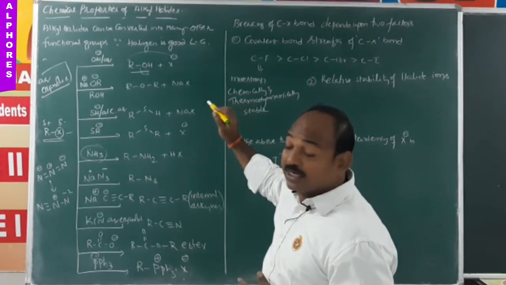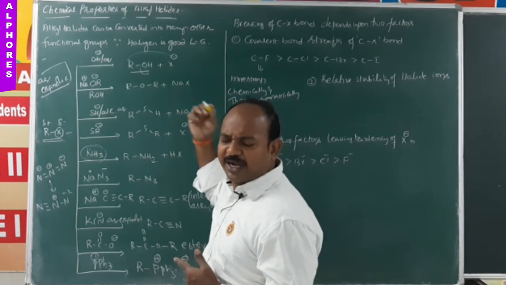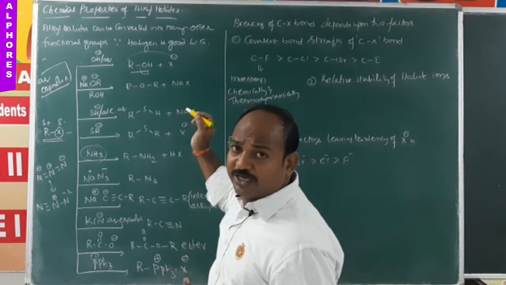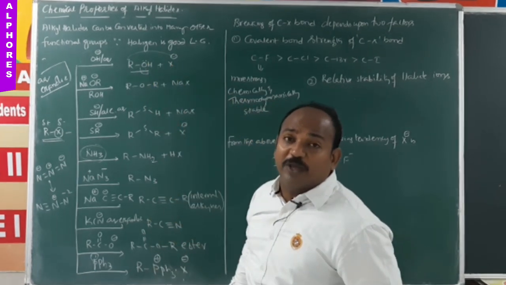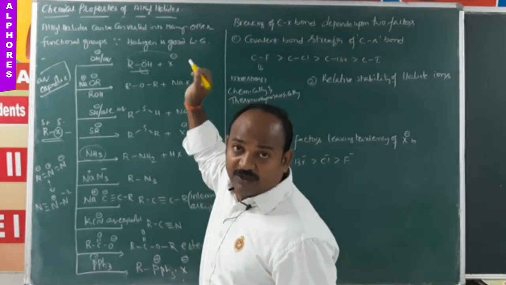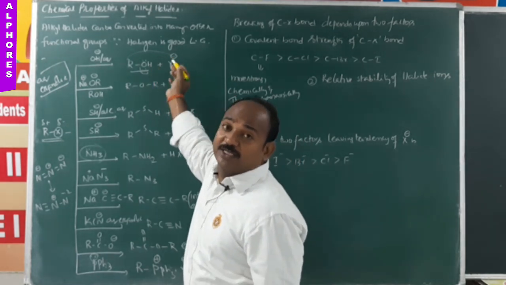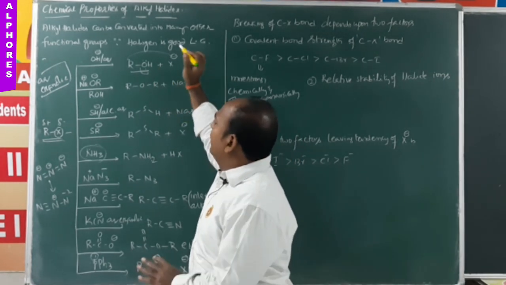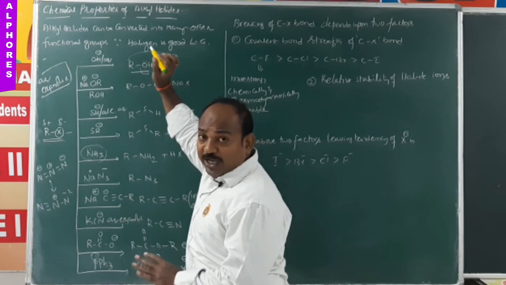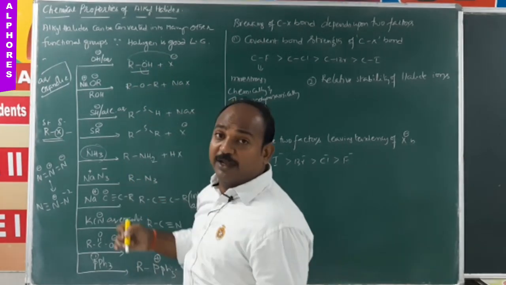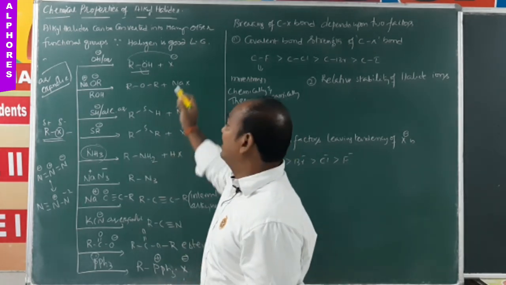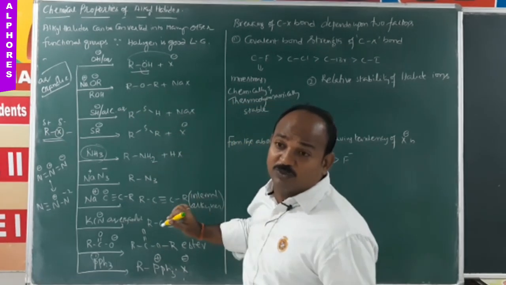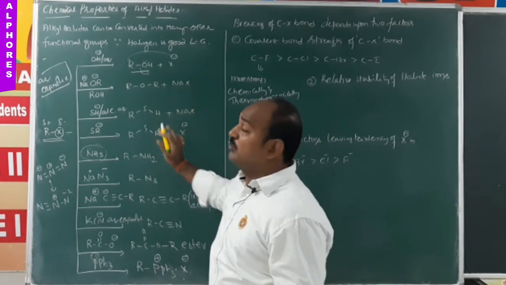Lucas reagent is concentrated HCl and anhydrous ZnCl2 in a 1:1 ratio. In such a case also, oxygen donates its lone pair of electrons to the vacant d orbital of zinc and converts into a good leaving group. So a strong nucleophile can displace a weak nucleophile, but a weak nucleophile cannot displace a strong nucleophile. That's why reverse reactions are not possible, only the forward reaction is possible.